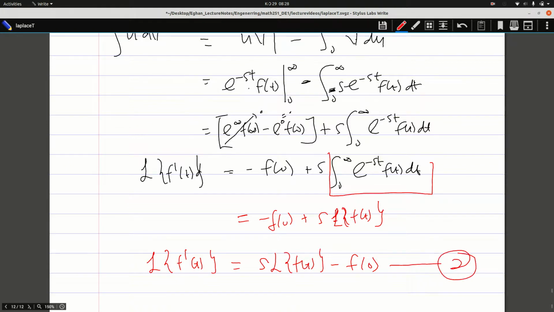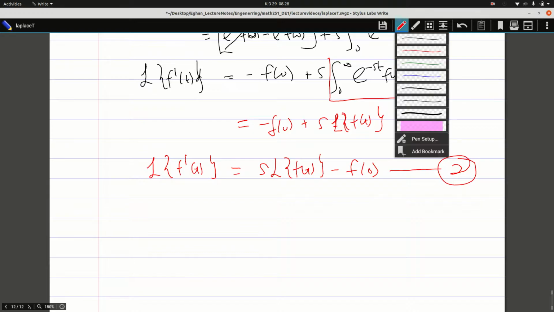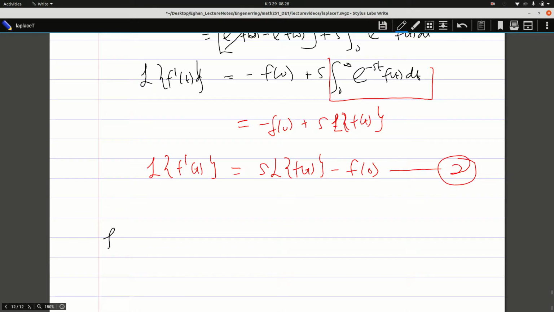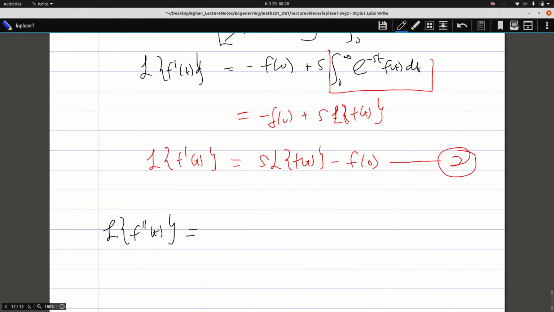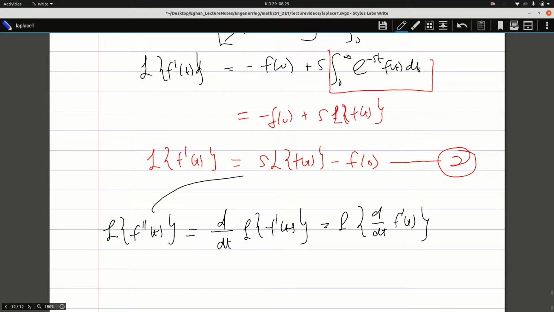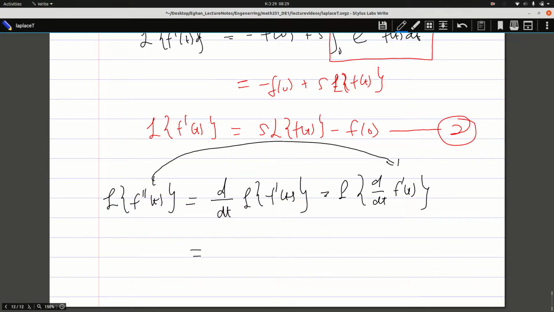That's the first derivative. If I want the Laplace transform of the second derivative, you realize that I have to differentiate equation 2, or I have to go back to equation 1 and differentiate it twice. It's the same thing. It means I'm looking at d/dt of my first derivative. This is the same as the Laplace transform of d/dt of this, which will give me the second derivative. So what do we have? I go back to have it as the Laplace transform of